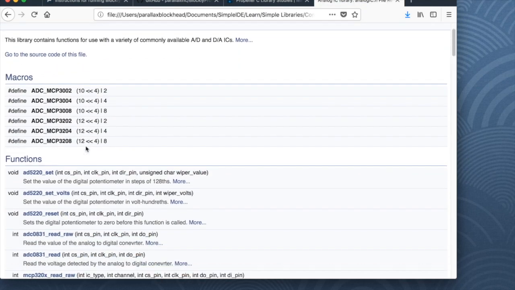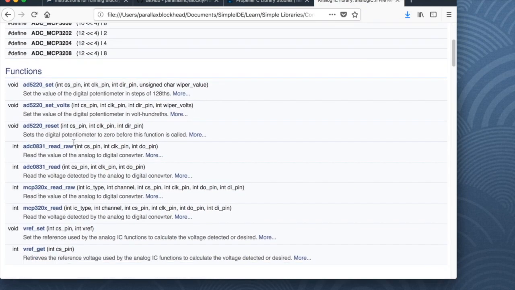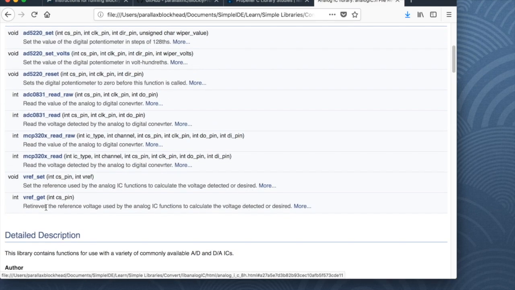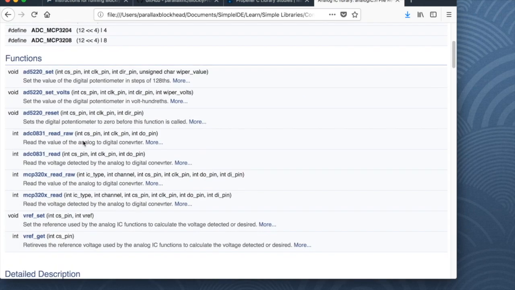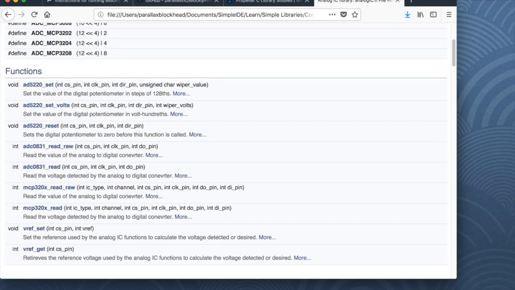So if I open that up, now I can actually see my named constants and my functions that I get to go along with this. We're going to need this to create blocks that then write these functions. So we're going to leave this here, and now let's go to